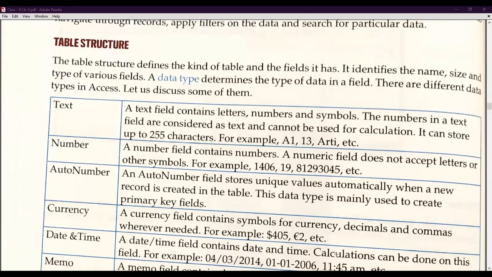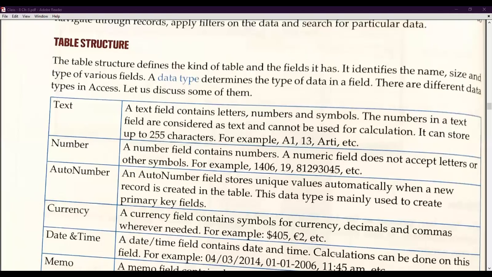These are our data domains, and according to that, the table structure is made. The table structure defines the kind of table and the fields it has, including the name, size, and types of various fields.